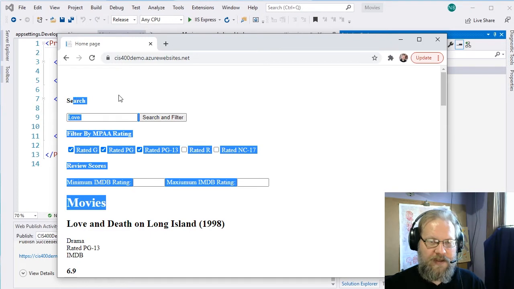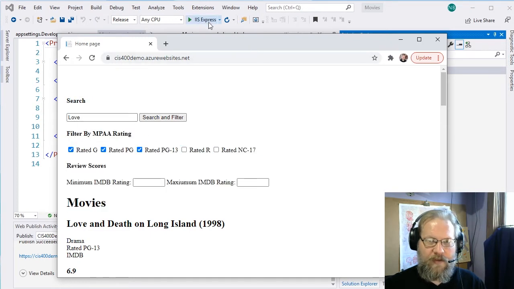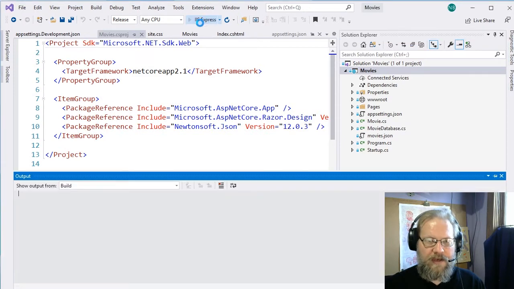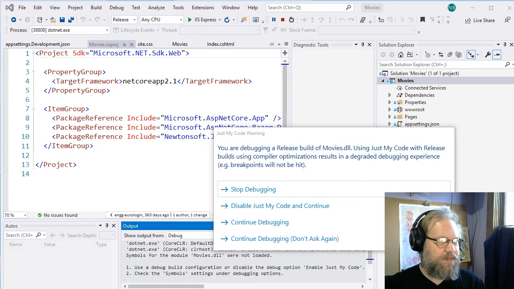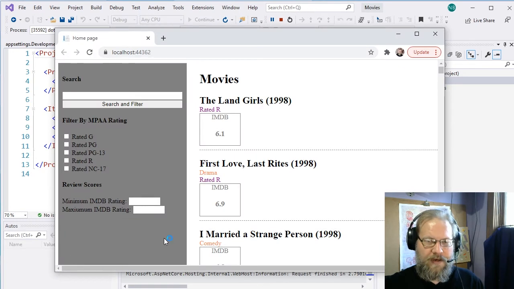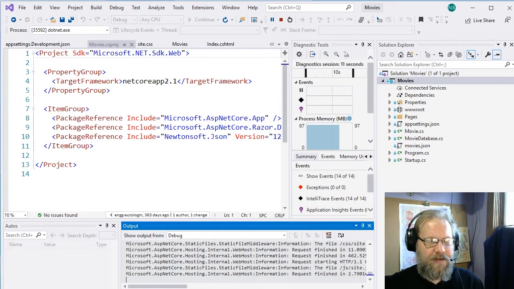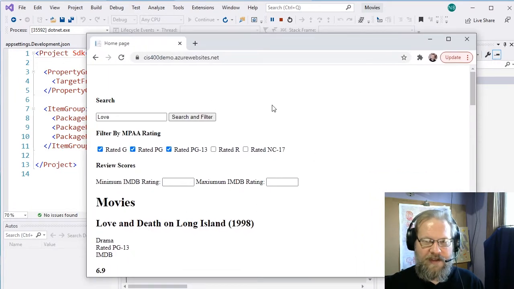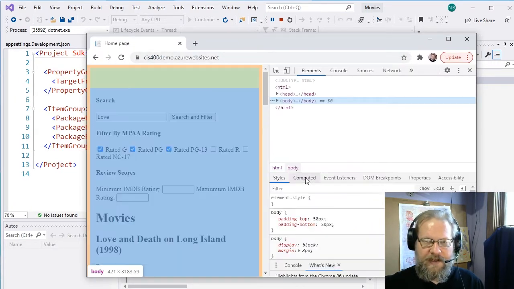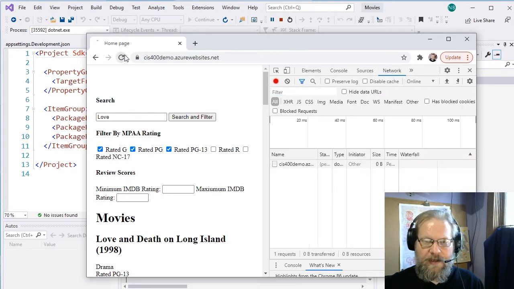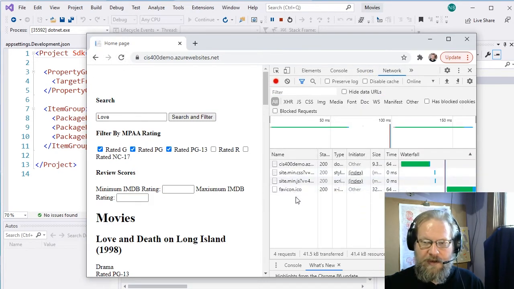However, you might notice that this search form does not look like the way that we have seen it when we run in debug mode. So let's go ahead and run this in debug. And notice that here the search form has that nice gray border. We have them side by side, and of course yours might look a little different than this, but definitely it looks different than this. Now if we go ahead and inspect and look at our network call here and just reload this, notice it is loading